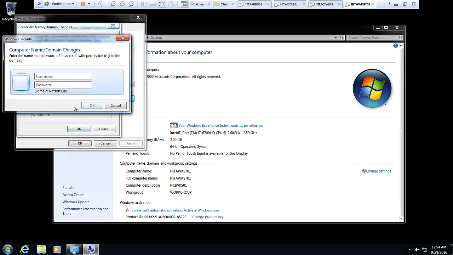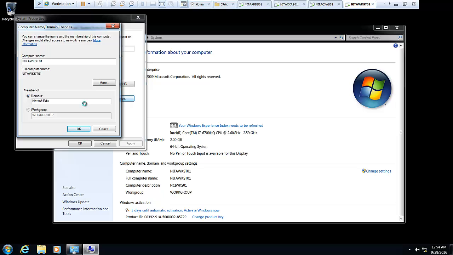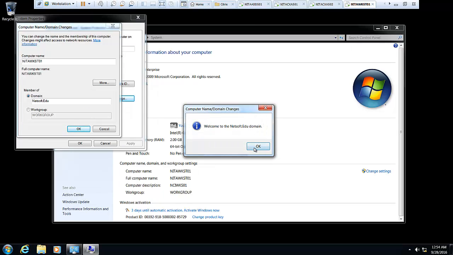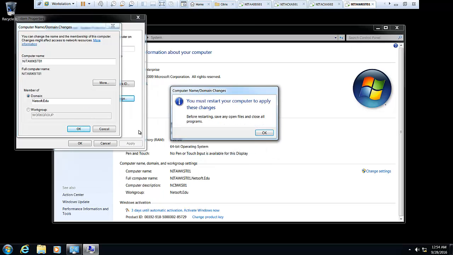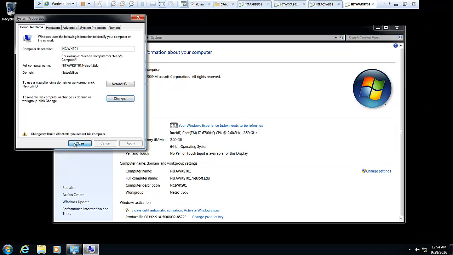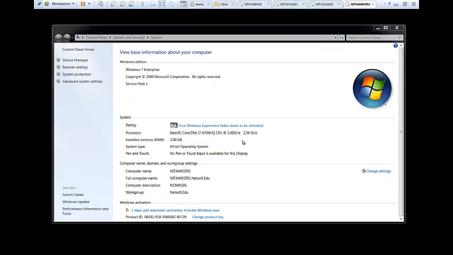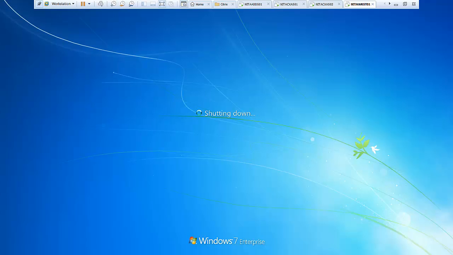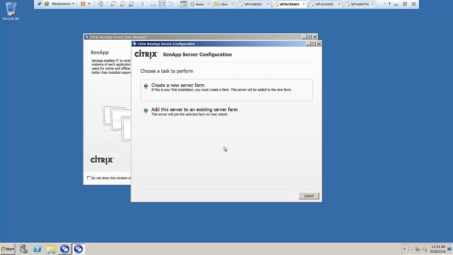Must be typing mistake. The domain joined successfully. I will restart this machine now. Now we will go back to the server 1. So here